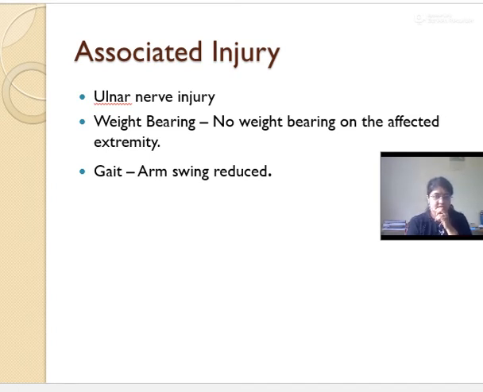And the next is gait. After every upper limb fracture, because of immobilization, the normal arm swing is reduced. So when the cast is removed and the patient is walking normally, and is allowed to do all the functional activities with the help of the affected hand, at that time the therapist should focus on the arm swing during the gait training, because if this doesn't happen at this stage, then the arm swing will be reduced forever, and the abnormality will be seen during the gait. So arm swing has to be focused on during the later stages of rehabilitation.